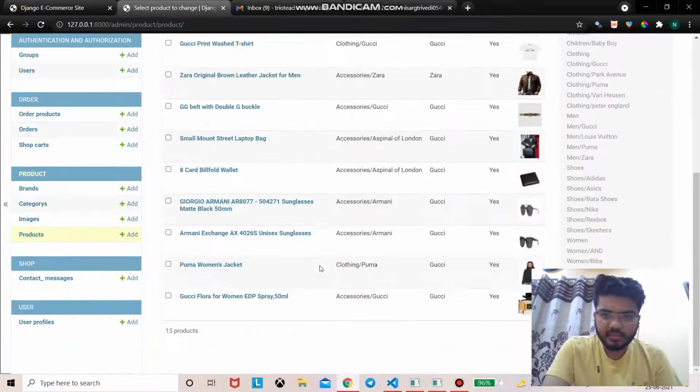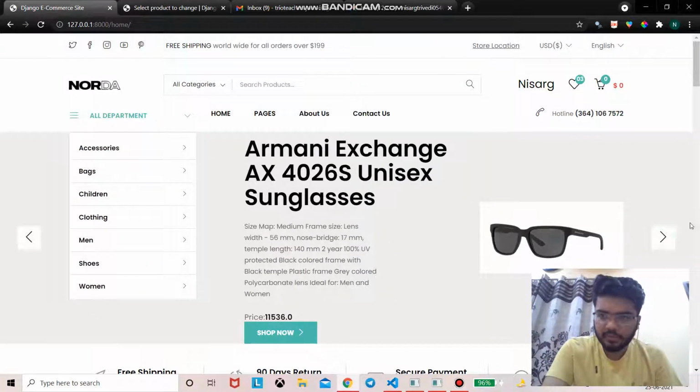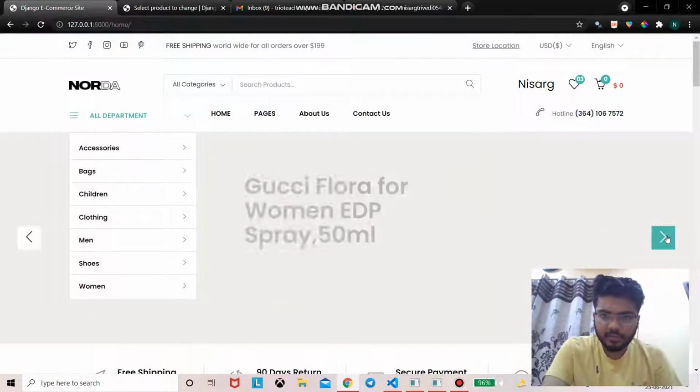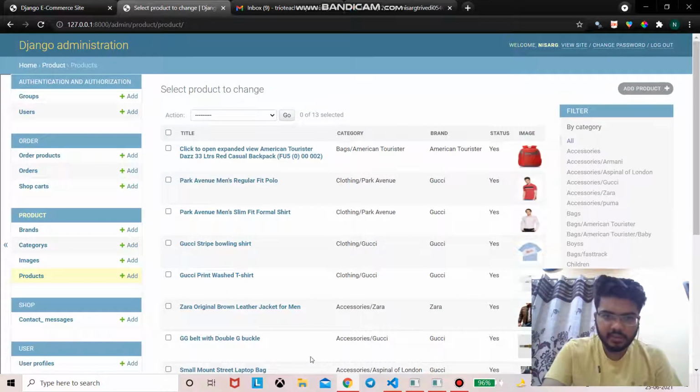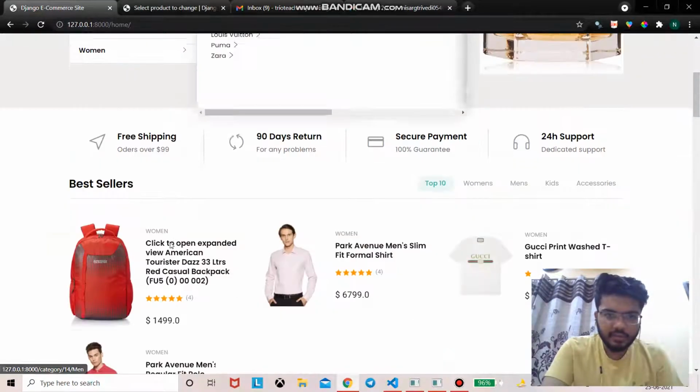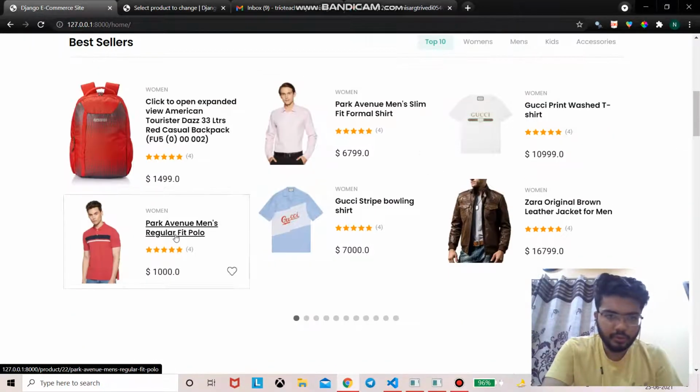As you can see, here we have Gucci Flora Woman with RDP, which we have seen earlier. This product is coming from here, and all the products are listed here. Let's go to a product like Park Avenue Men's Regular Fit Polo.